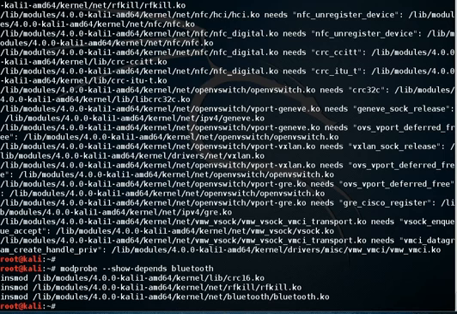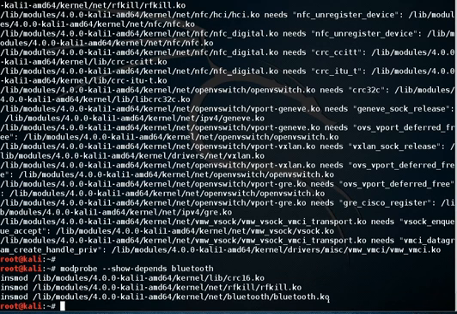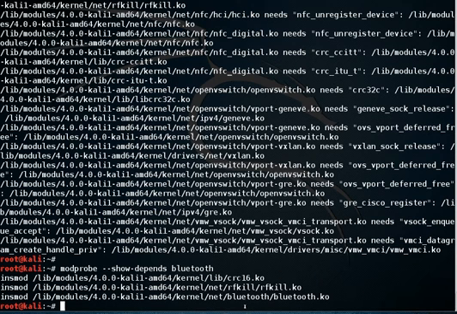Here we go, and those are the dependencies that this module depends on. Okay, so this is a useful command to check the dependencies also,